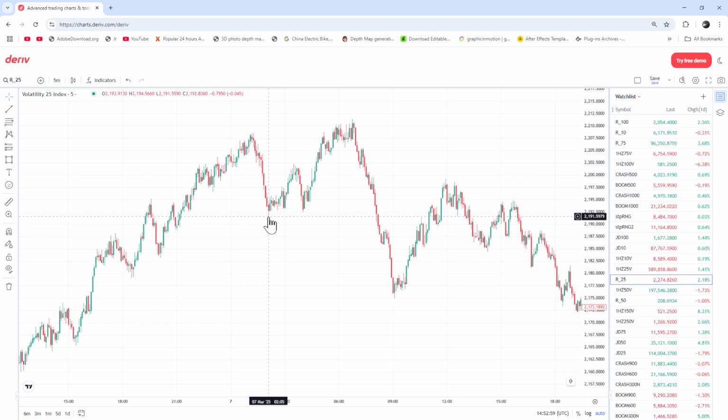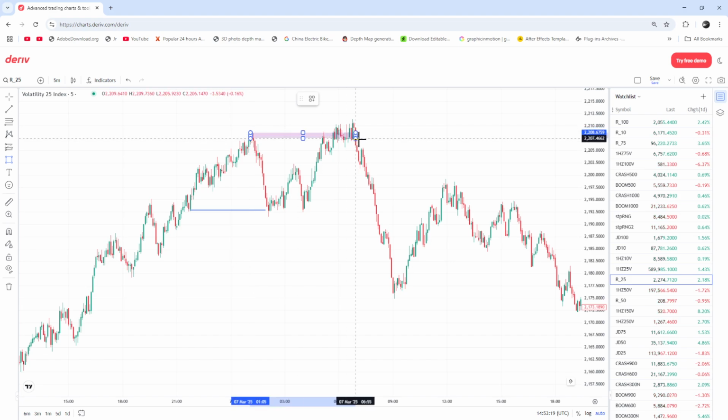But this higher low, this time here, came all the way down until it broke this structure here. So the market shifted. This is a change of character, meaning the market is no longer in an uptrend, it's coming into a downtrend. What does the market do? The market returns to the area